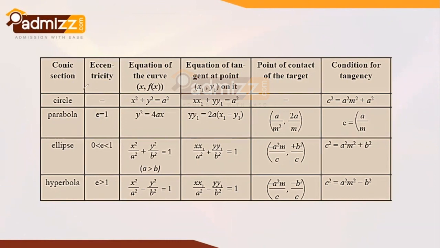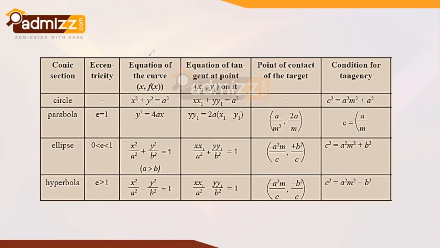Now students, sometimes the MCQs may be asked this way, that what is the eccentricity of ellipse, and the options will be provided to you this way, that whether it is 0 less or equal to e less than 1, 0 less than e less or equal to 1, 0 less than e less than 1, or none of these. So you need to select 0 less than e less than 1. These kind of MCQs can be asked to you, dealing with the eccentricity of the given conic sections.